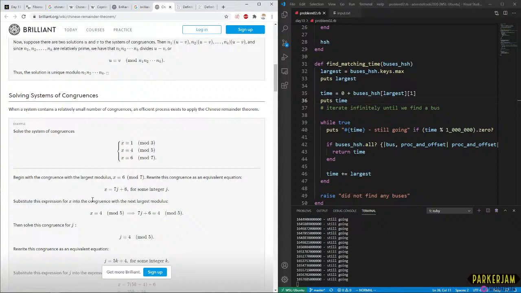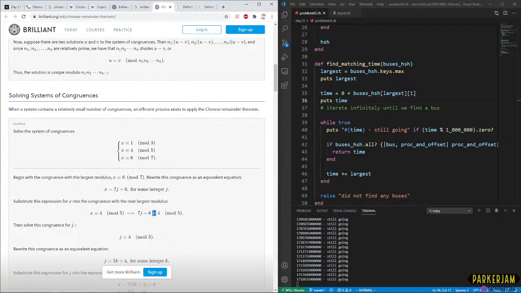Substitute this expression in the congruence with the next largest modulus and solve. Okay, so 4 mod 5, therefore 7j plus 6.